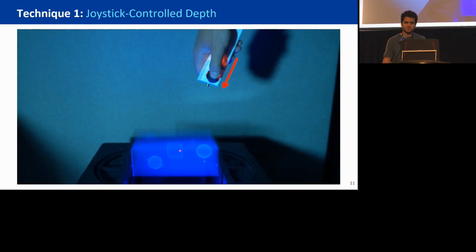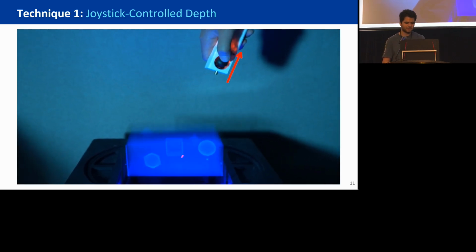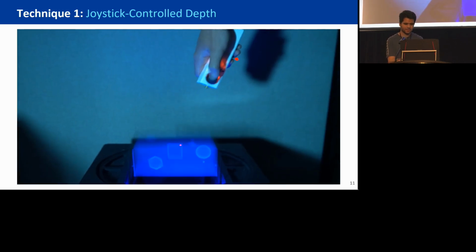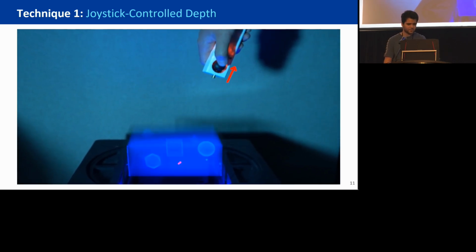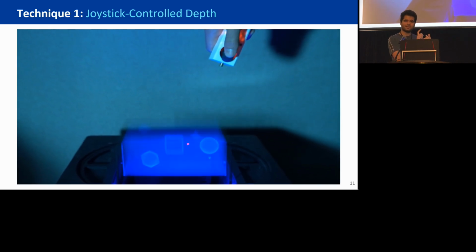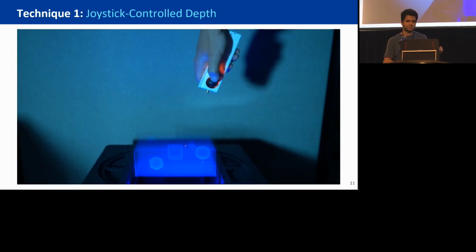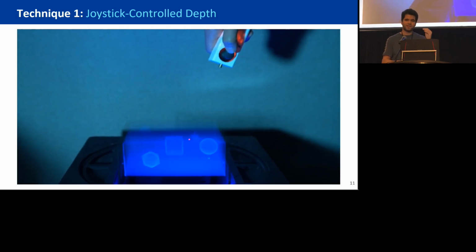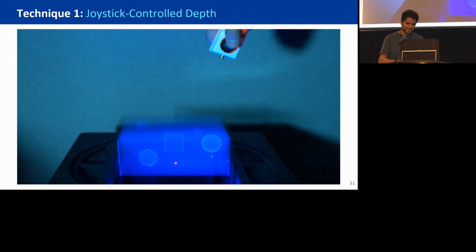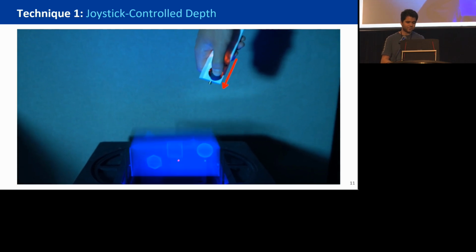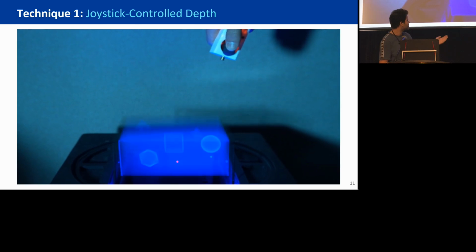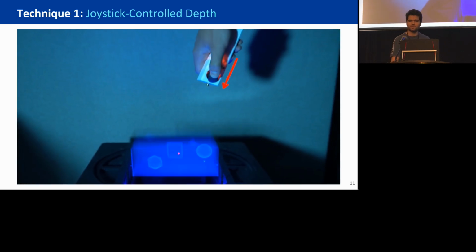And I will show you some of the different methods that we have developed. The first one, to control the depth, what we call disambiguate, is to use a joystick. What you do is, you know the 2D line that will be made if you point it with a regular laser pointer, and now what we are going to do is turn on or off that point at the right position every time. This is controlled using a joystick. You can move it up and down to disambiguate in the depth dimension.